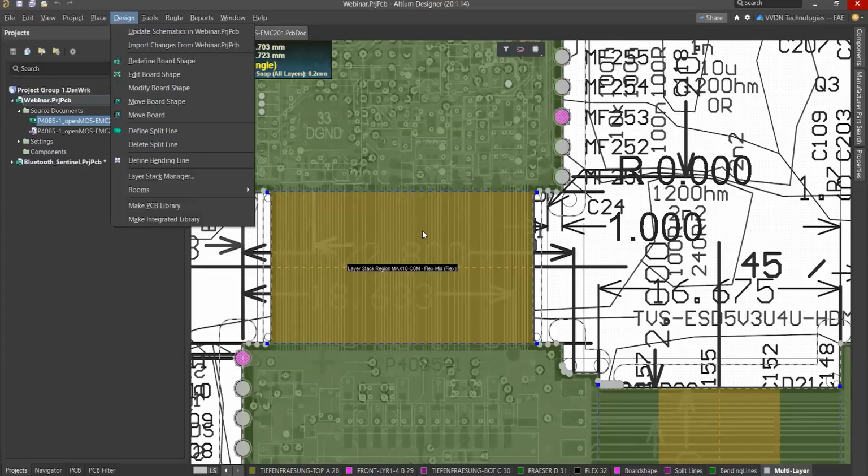So to set the layer stack, first we have to define our split line. Once you provide this split line, then you can define the bend line. Then go to layer stack manager,